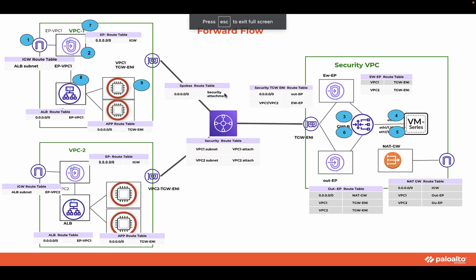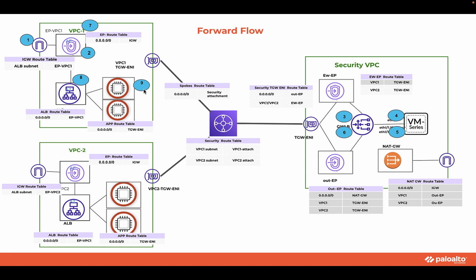Now let's test the traffic for inbound connection. For an inbound flow, when a user tries to access the load balancer, based on the route table, it is routed towards the endpoint. Endpoint has a private link towards the gateway load balancer, hence it's going to forward it towards the VM series firewall. The firewall inspects it, sends it back to the same endpoint. Since it's in the local route, it will forward it to the load balancer,